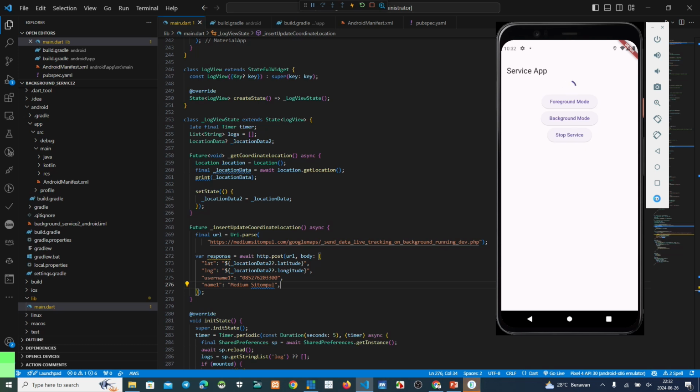Maybe next, if you want to set the latitude and longitude, just click here and update where your location is. Maybe our internet is too slow at this moment, so this one is very slow.